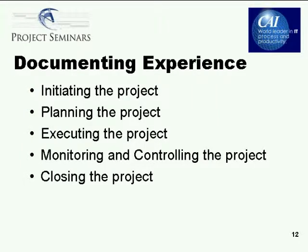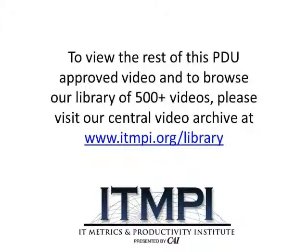Now, the experience portion of the PGMP application requires you to talk about your project management experience. Both with a degree and without a degree, you've got to have